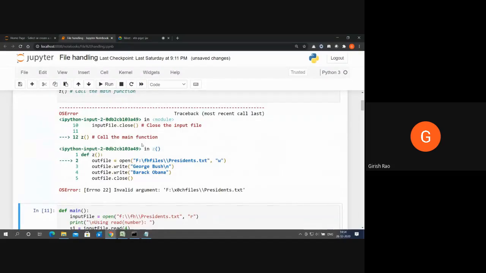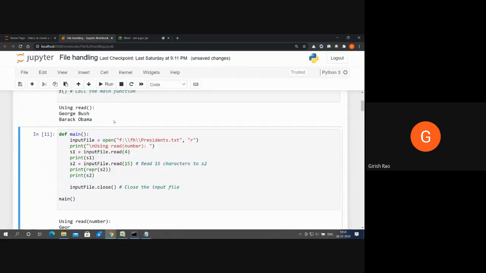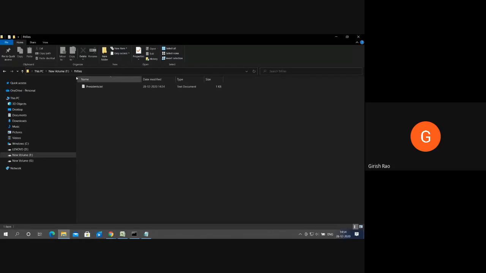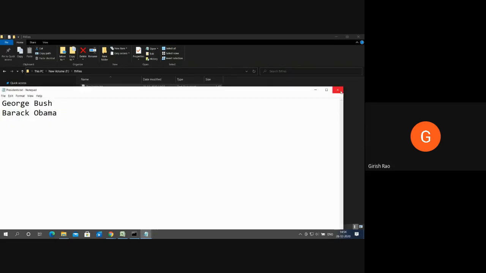The first part is writing the content, the second is reading the contents. Now it has read the contents. Let me go and check whether the file is created. See, f:/fh files. Initially nothing was there. Now it is president.txt, and those two entries have been written in the file.